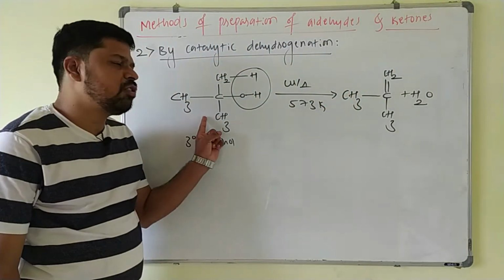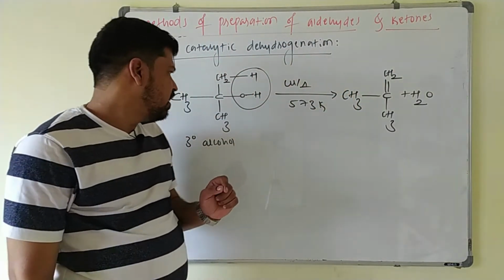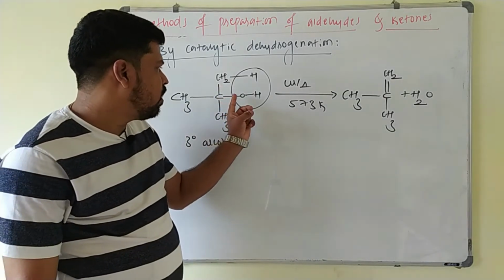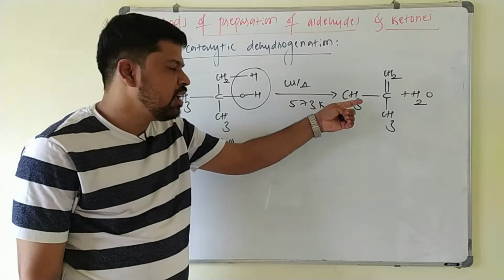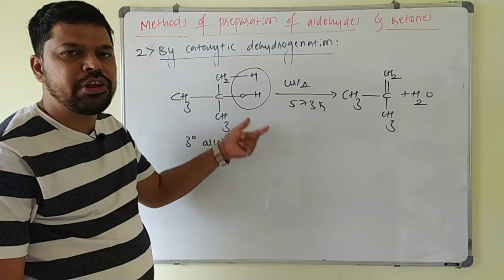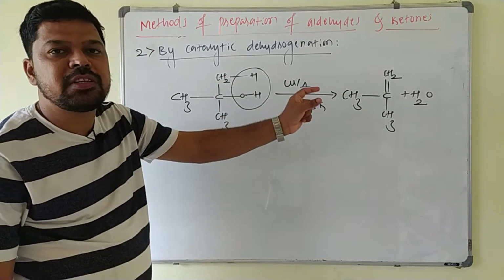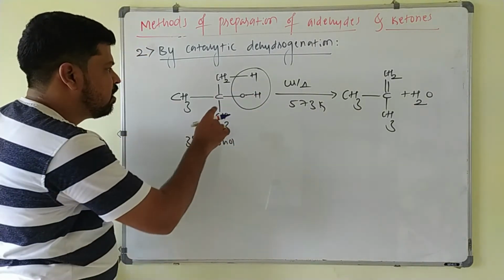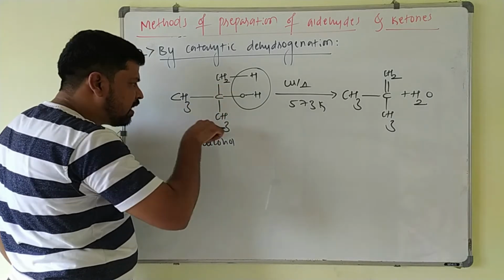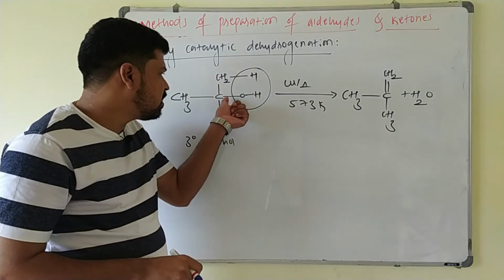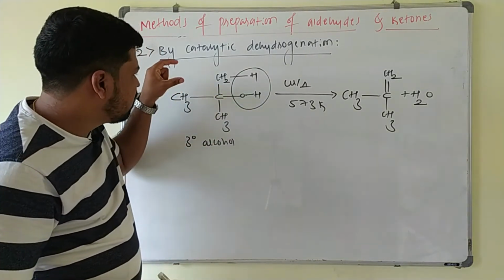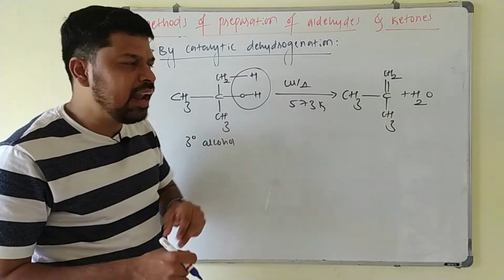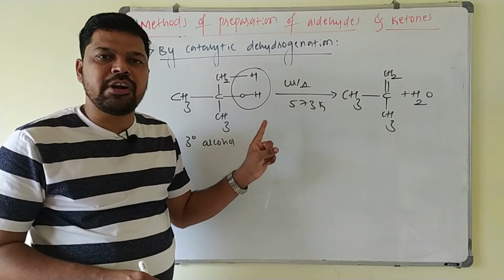So tertiary alcohols always undergo dehydration, because they are more reactive towards the elimination reaction. That's why they undergo what? Elimination of a water molecule to give alkenes, due to the formation of a tertiary carbocation. If you remove this OH, a tertiary carbocation is formed, with the positive charge on this carbon. Due to formation of this tertiary carbocation, tertiary alcohols are more reactive towards the elimination reaction, hence they readily lose water to give what? Alkenes. This is a very important point you have to remember.